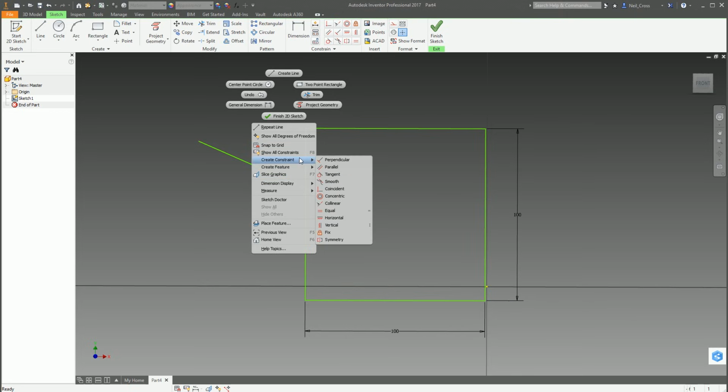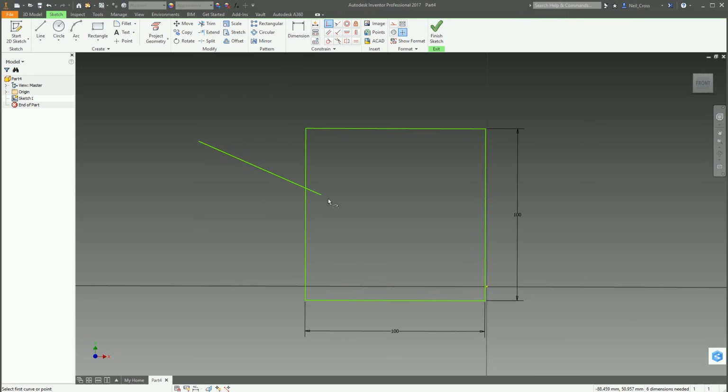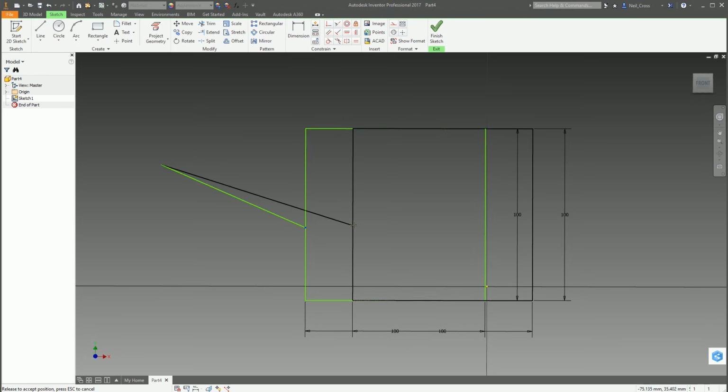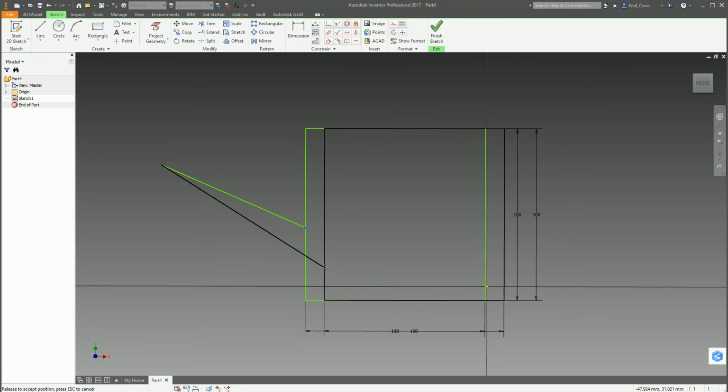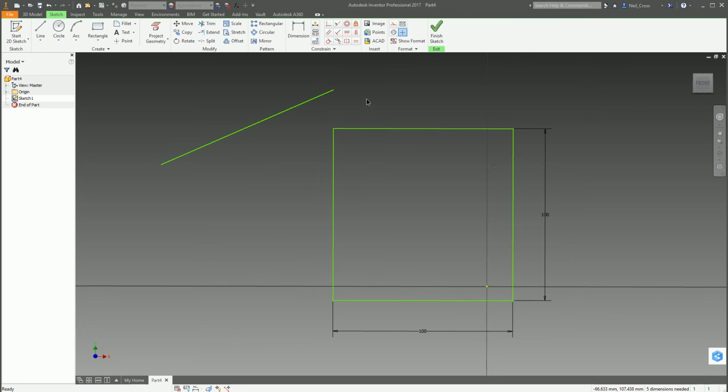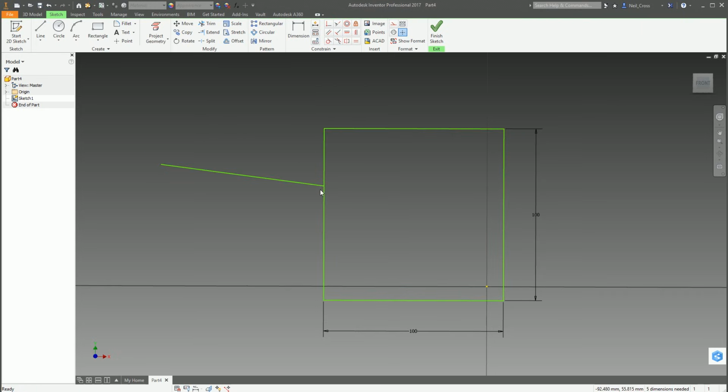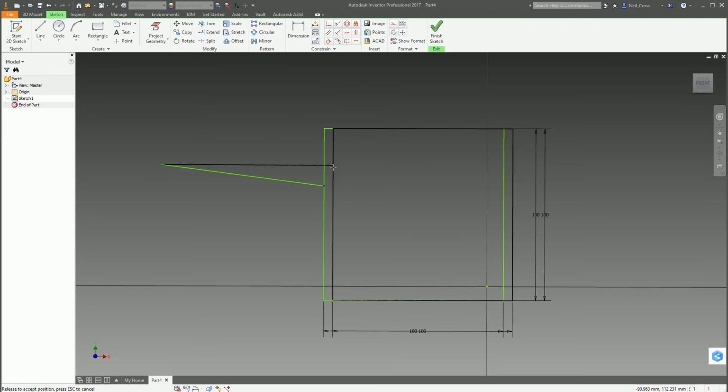So if you right click, go to create a constraint and then select coincident, select the endpoint of the line, click that, and then click this line here, and then that'll create the little yellow square, and now the two objects are always going to be touching each other. You can now no longer pull this line off of that square. It's always going to be touching it. Even if it's upwards, it's still coincident to that. It's still in line. Doesn't have to be actually on it, but it can still be in line with it.